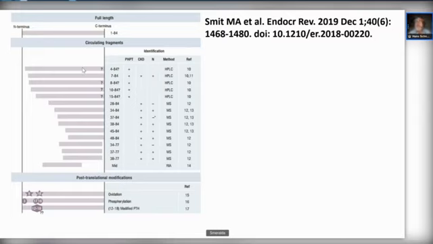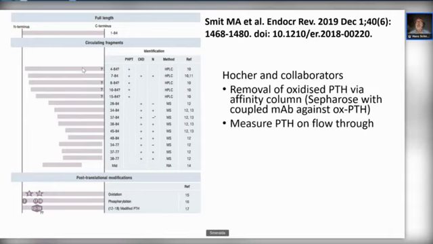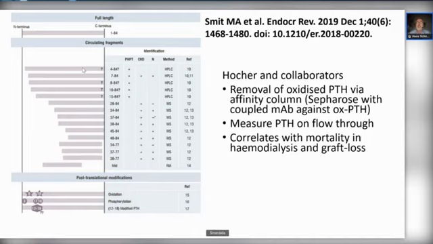Hocher et al., and that's the text on the right if you go forward, have identified and used assays, the next one and the next one, and they've used this oxidized PTH by removing it with an affinity column where they had a monoclonal antibody against OX-PTH, and then they measured PTH on the flow-through and correlated that against a number of outcomes, mortality in patients on hemodialysis and graft loss after renal transplantation. And there's a number of publications that are cited there. So the